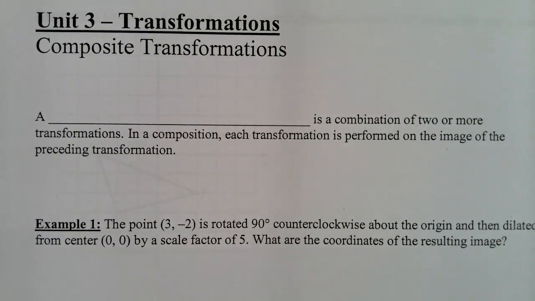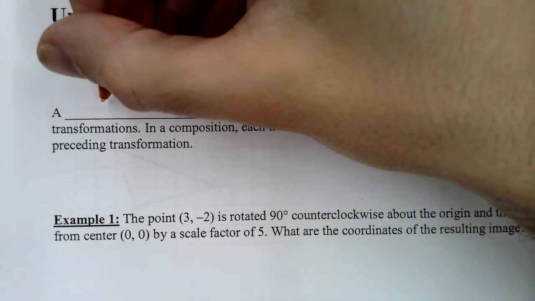Okay, this is the last lesson in Unit 3 for geometry. The lesson is called Composite Transformations. So far we've done 4 types of transformations. We've done translations, we've done reflections, we've done rotations, and we've done dilations. And now these are called composite transformations. So a composite transformation